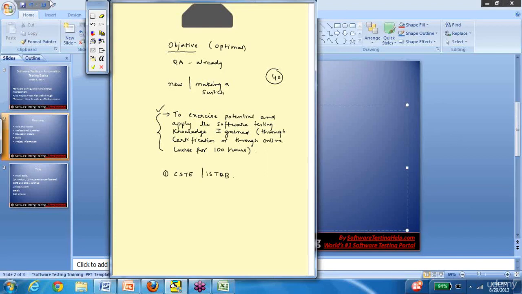So for beginners, I highly recommend thinking along the lines of a certification, because ISTQB and CSTE form good keywords. So these can further help in the resume being picked up during the initial screening. Okay, so that becomes your next section, which is the objective.